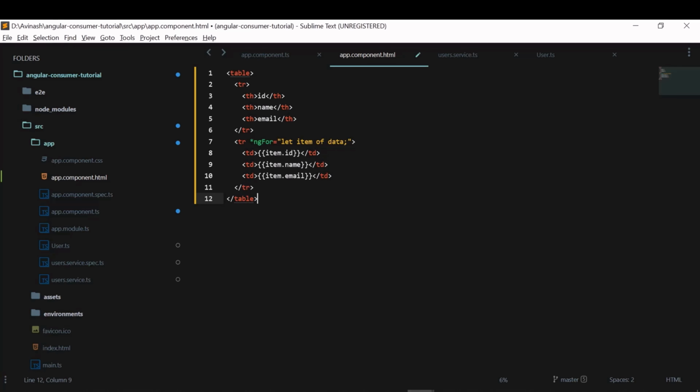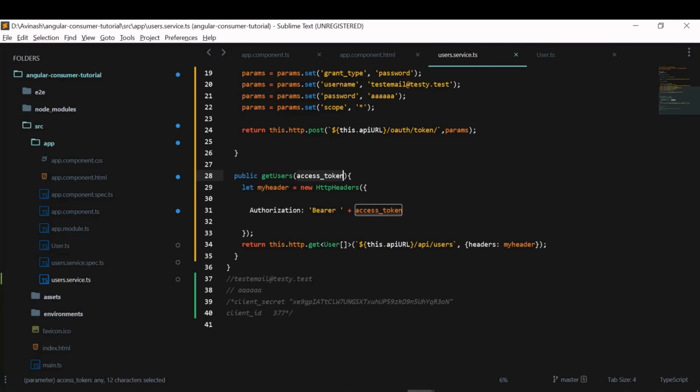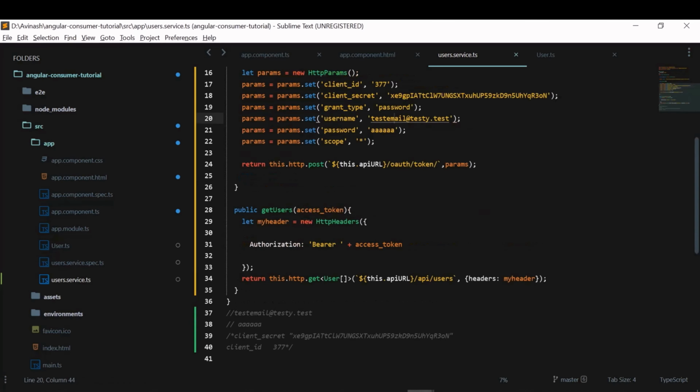Save that. So here this is the complete thing. There are 3 basic steps. Of course, you need to register to the API here and get these credentials. After getting these credentials, you need to authenticate to the API using these credentials. If we give some wrong credentials, we are not going to get this access token. It will check all these credentials and will give us this access token.